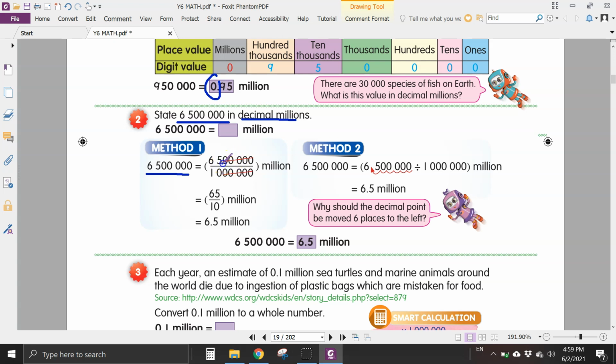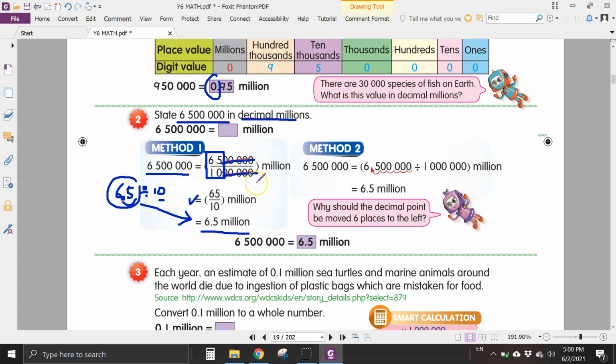So you see I cross 1, 2, 3, 4, 5 zeros, potong 5 sifar, bawah pun sama. So yang tinggal ialah 65 divided by 10. 65 divided by 10, only 1 zero, so you move the point 1 time to the left. You get